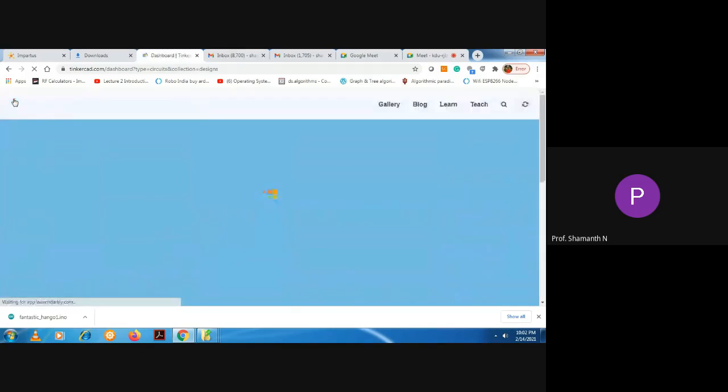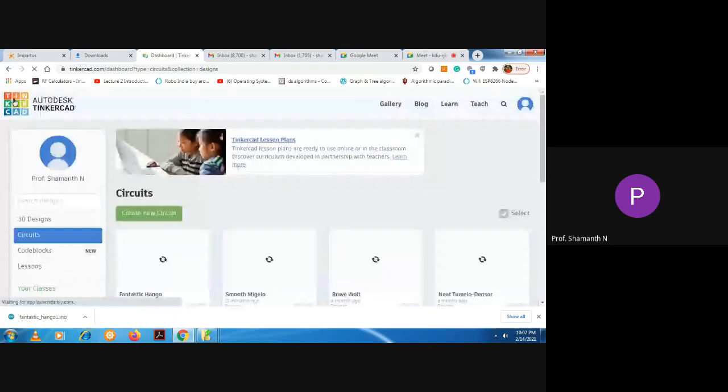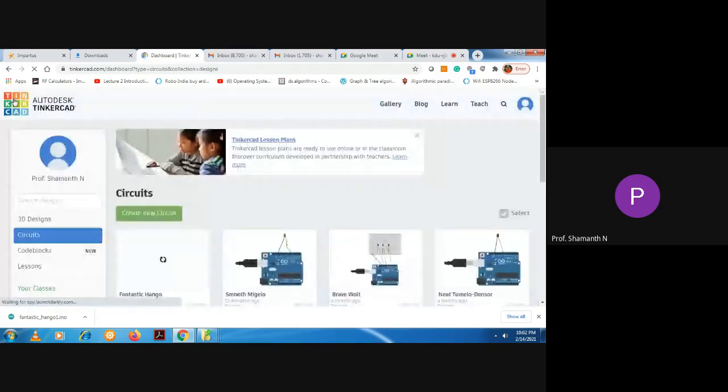With this, I hope you have been able to understand how to implement IoT projects using Tinkercad. Start practicing it, select a project and start working on it. Don't wait till the last moment. Now itself, once you have seen this tutorial, start working on the project. By the time we ask for submission, you would be ready with the project submission. Thank you for listening.